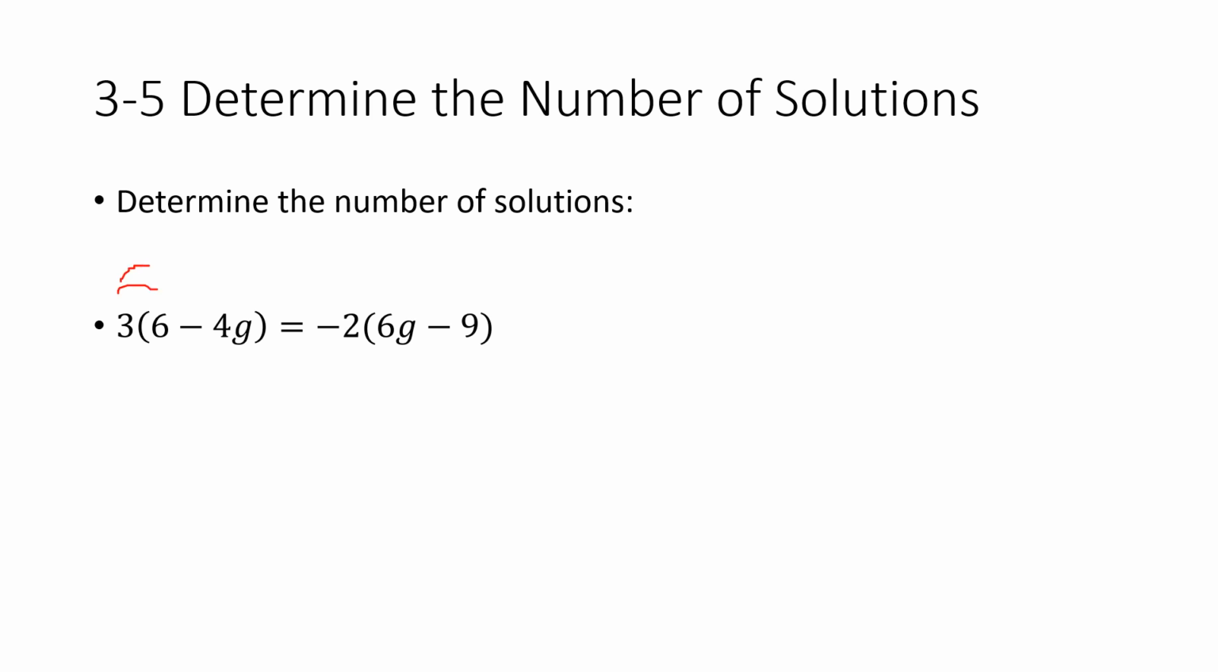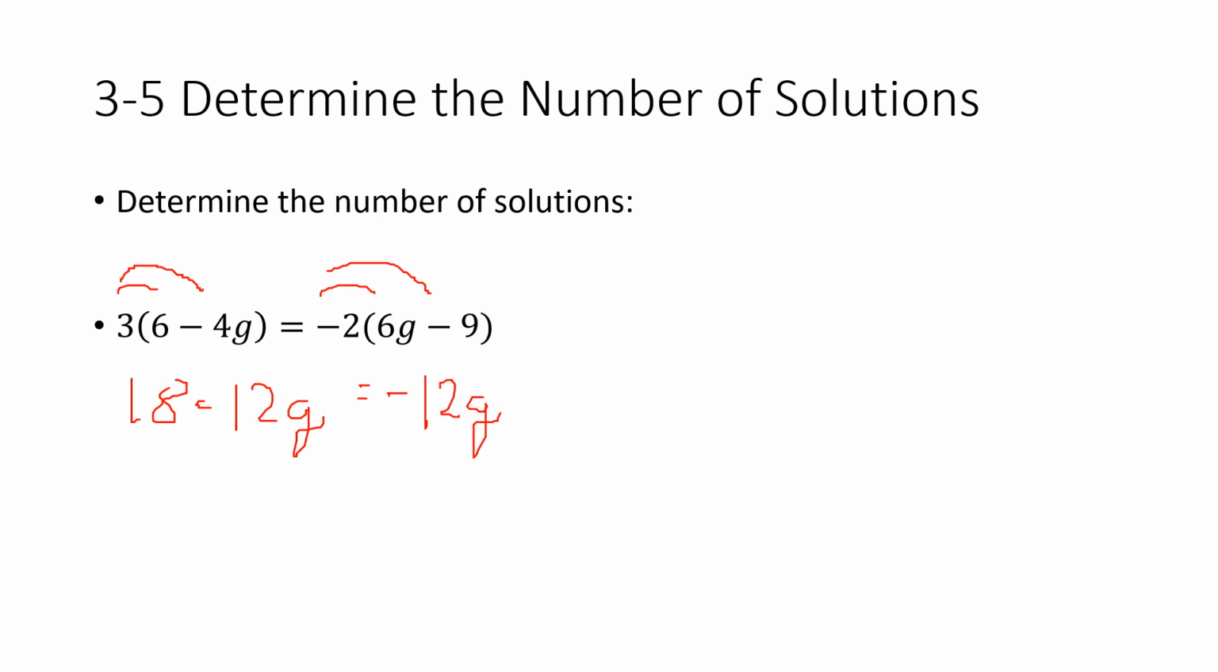So first things first, distribute. Outside times inside. 3 times 6 is 18. 3 times 4 is 12, so that gives us a negative 12g equals